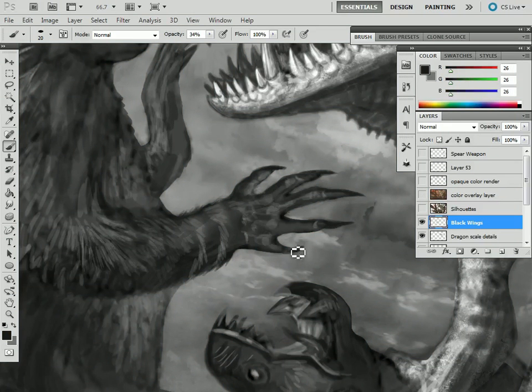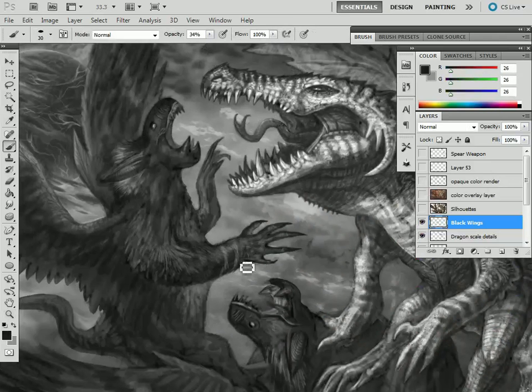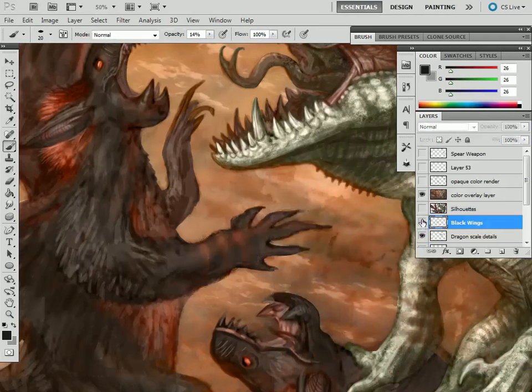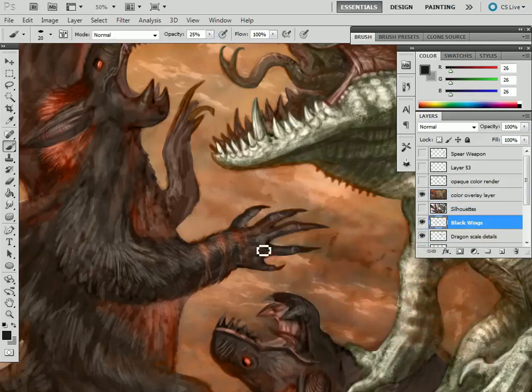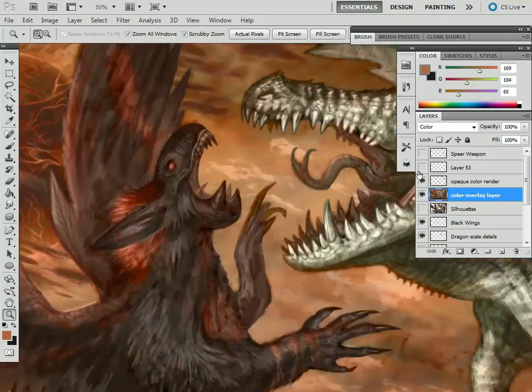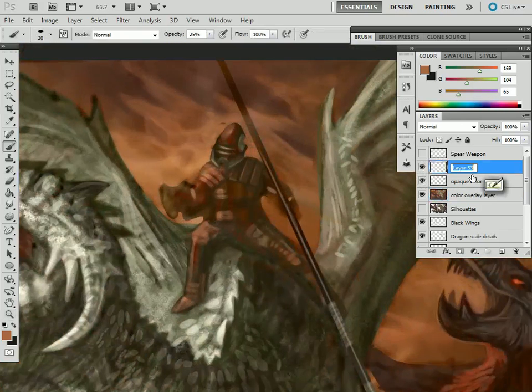But they're not actually touching, and that's the one thing you'll notice with this piece: there's that tension. There's a line that they haven't crossed just yet, so you get that sense of tension between those two creatures, while you still have the interaction amongst the other ones that are involved with the white dragon. What I had called the feathered creatures, the three or four that you see here, I'm just calling them black wings. But you basically have the black wings versus the white dragon, and the conflict of the two creatures